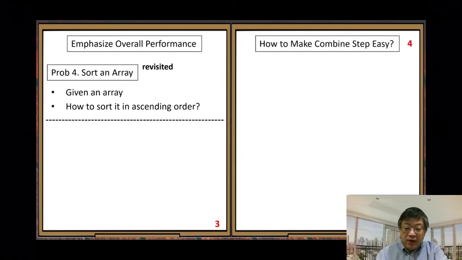How to make the combine step easy? Yes, let's answer this question: make the combine step as easy as possible. We need to do a lot of work at the divide step. We need to really do some important work so that we can enjoy an easy combine